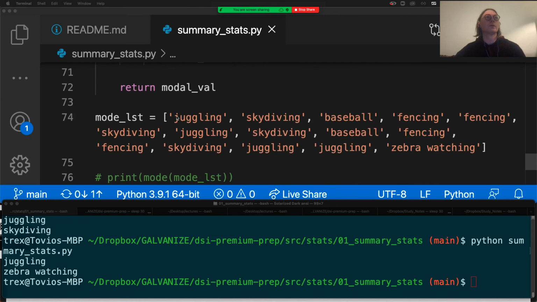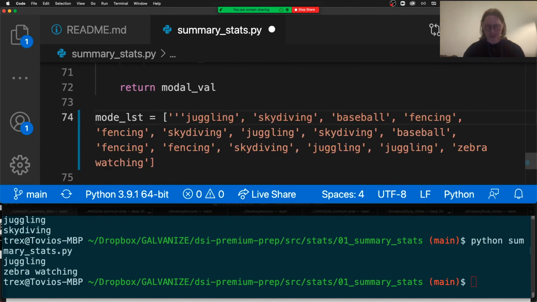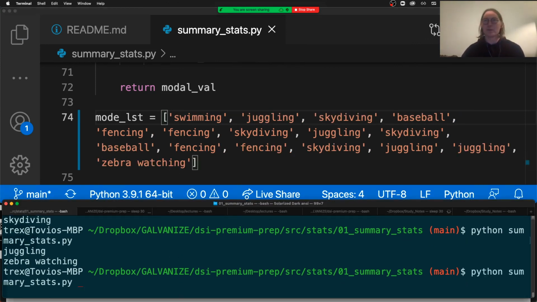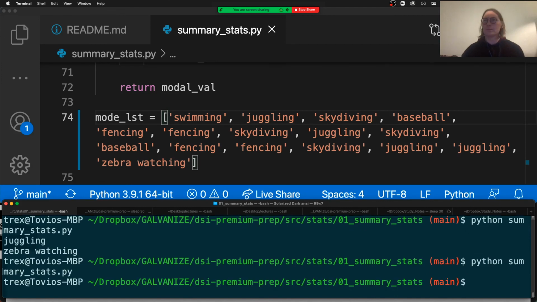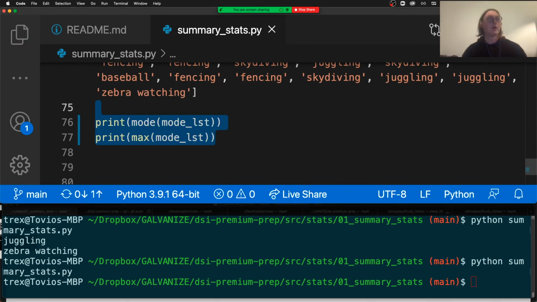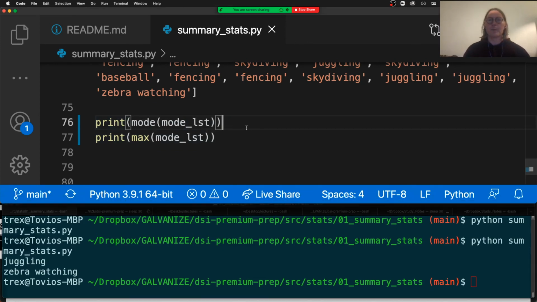Oh, here, why don't we... Let me just make sure there isn't a logical error in here. I'm going to put swimming in here at the beginning. Hopefully we don't get swimming, and if we do, I'll fix it. Oh, of course we don't get anything because I commented out the code. No, we still get juggling. So